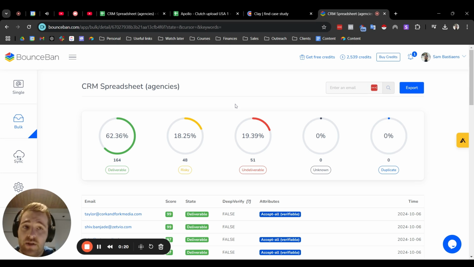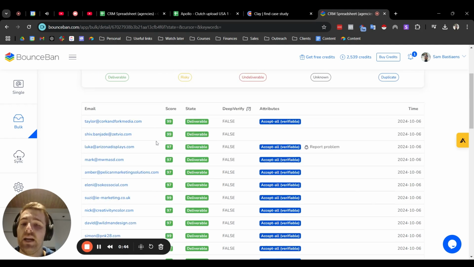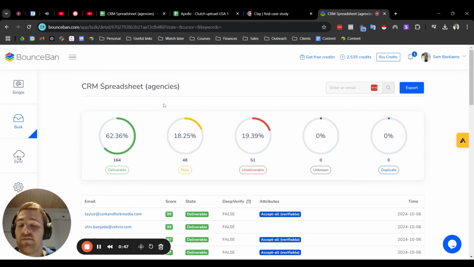Awesome. So my list just finished verifying on Million Verifier. And what I'm going to do next is upload the risky emails to Bounce Band. Million Verifier only gives us three outcomes: valid, invalid, or risky. And Bounce Band has the ability to verify the risky or the catch-all emails